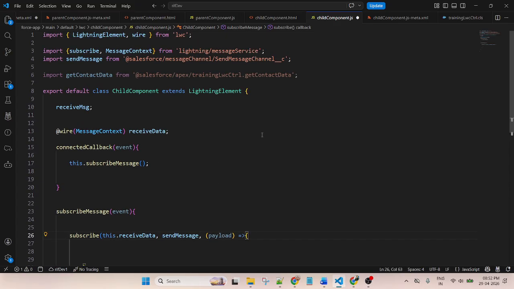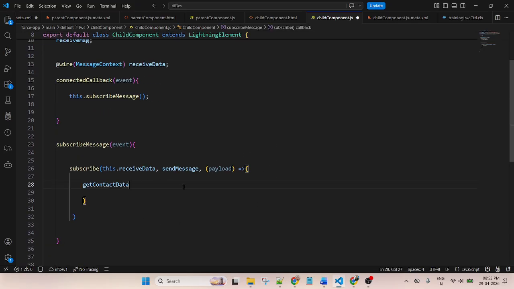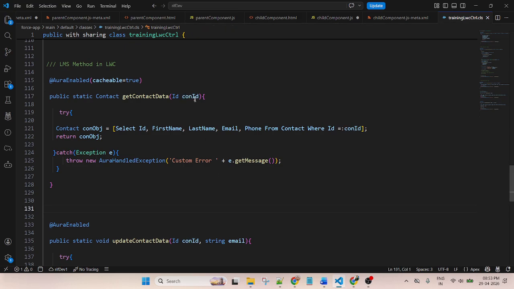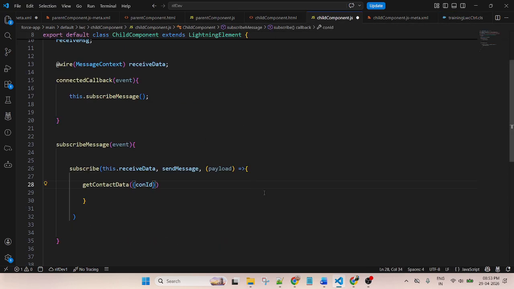Here I will use this method, getContact, inside the arrow function, and here use a parameter. What's the parameter? This one, conId, colon, the value will be the contact ID.